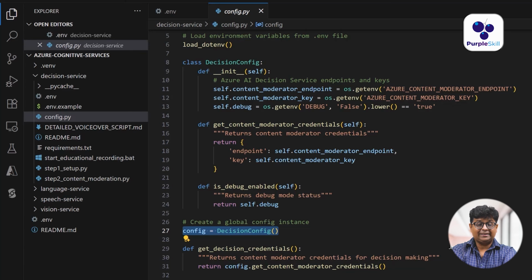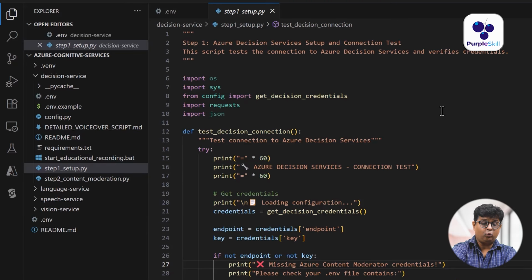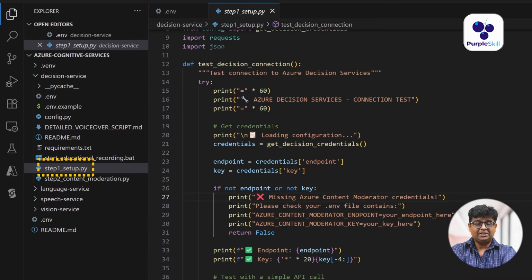This class provides credentials for multiple decision services and provides clean getter methods. Now I am inside step 1 setup.py file. You can see this script tests our connection to Azure AI Decision Services and validates that all components are working